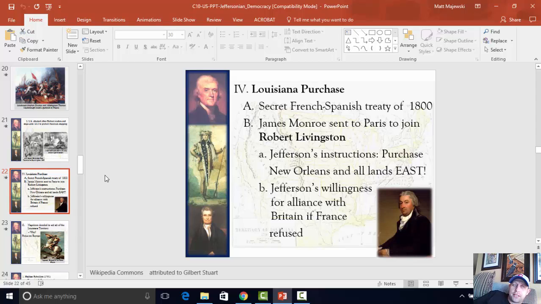Now, another major issue here is the Louisiana Purchase. What happens here with the Louisiana Purchase? Well, in a secret treaty between France and Spain, Spain gave France Louisiana back in 1800. So now it's back in the hands of the French. And so